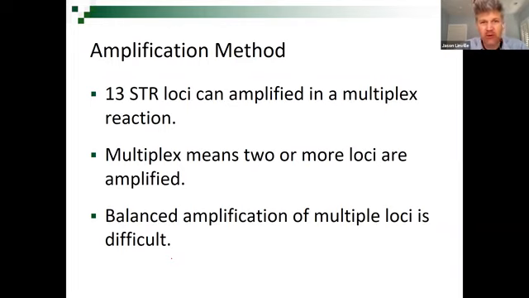Okay, let's change it up a little bit. Let's say we want to amplify 3 STR locations. This is called a multiplex reaction. It just means that we're not amplifying one area of DNA, we're amplifying several at the same time. And the challenge with multiplex reactions, and the reason why commercial companies have to put so much research and development into developing a reaction that can amplify 13 loci at one time, is that if you have a pair